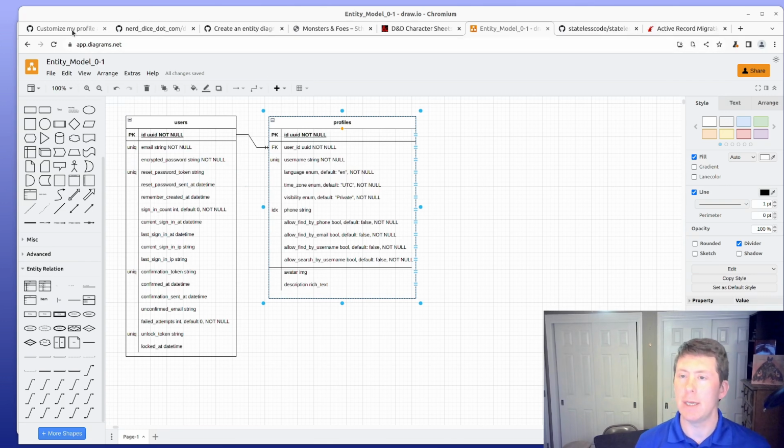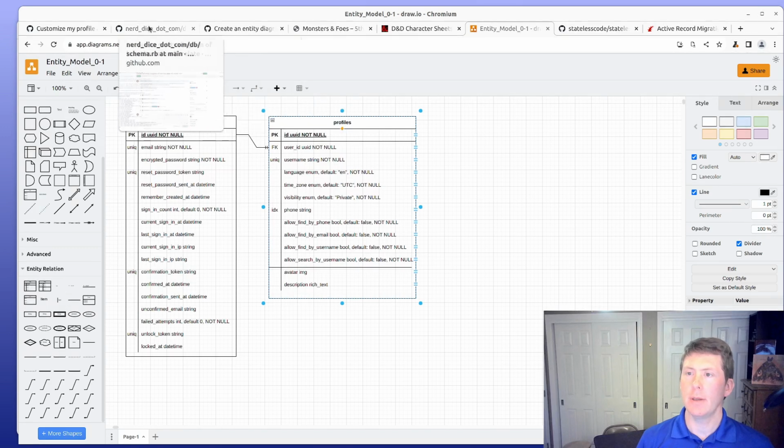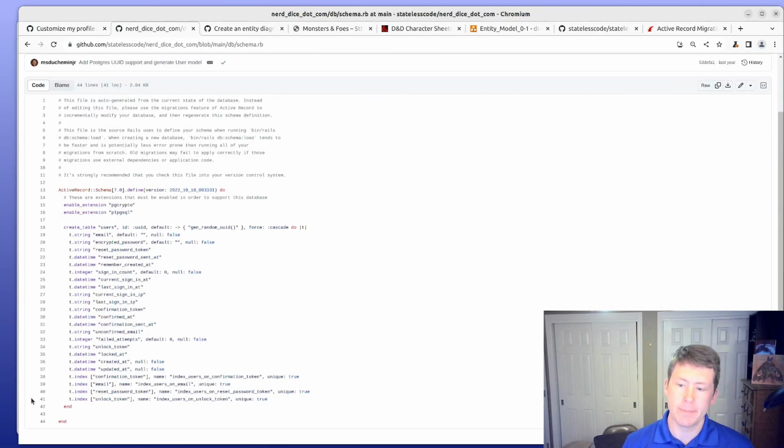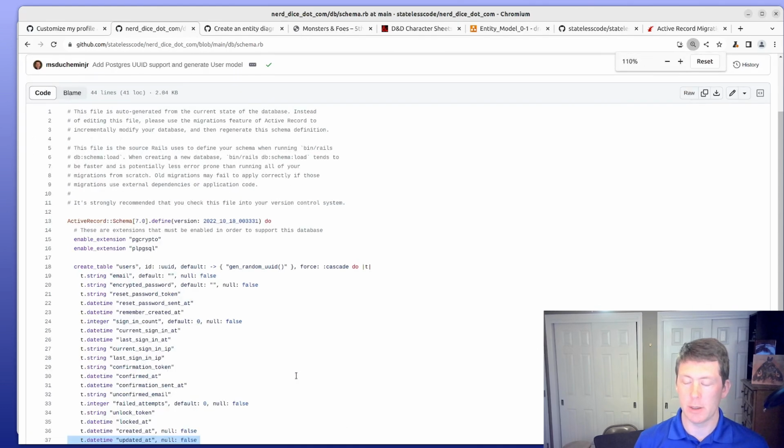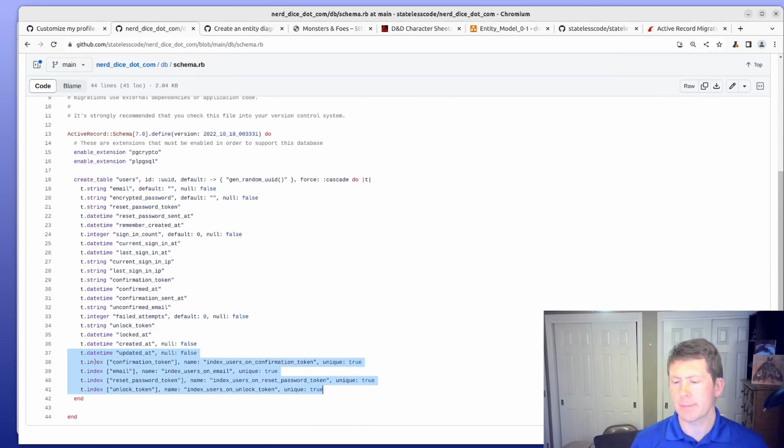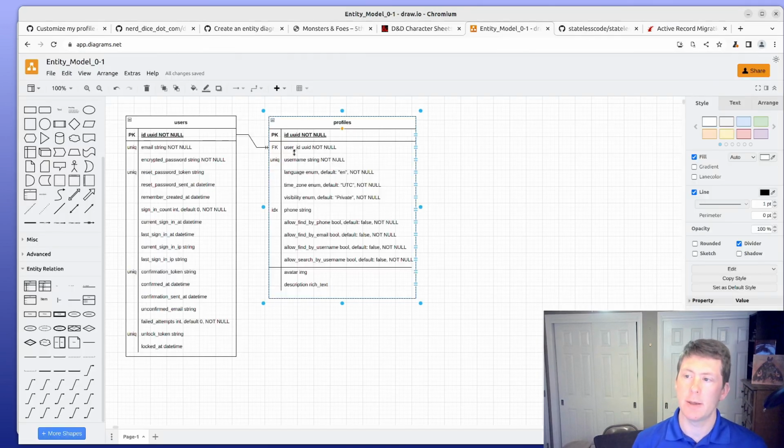So if we go back to the list of, let me see if I can make this a little bigger, the list of indices here, you can see that they all have that unique true at the end. So I want to differentiate between those two things. We've got the foreign key that we already added. Username we'd want to have be unique. And then